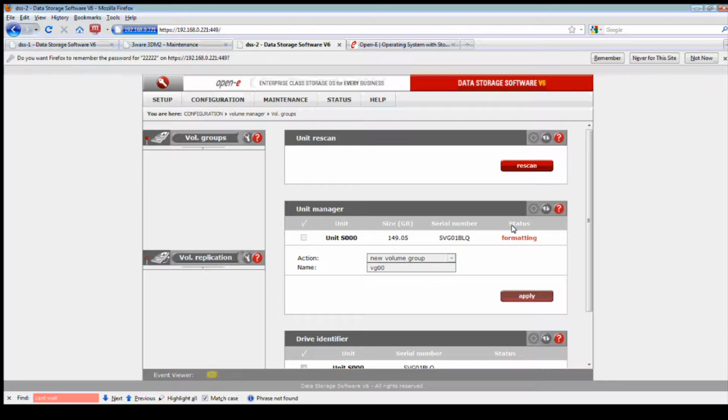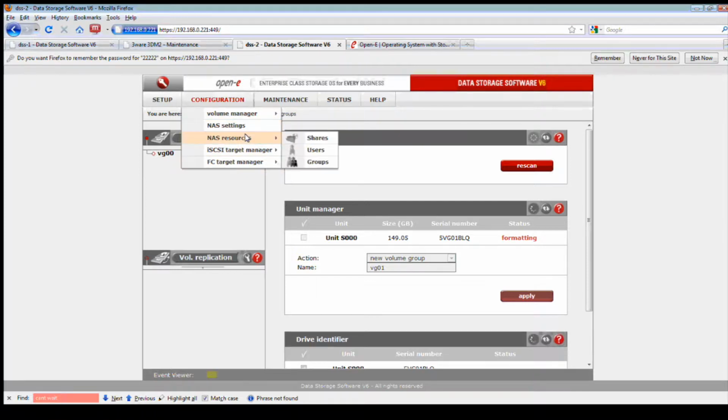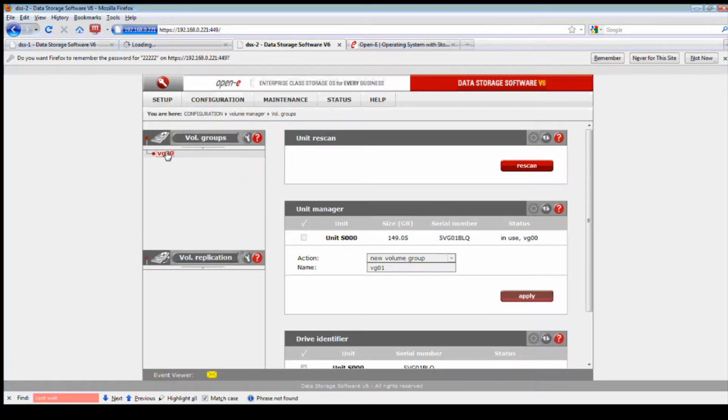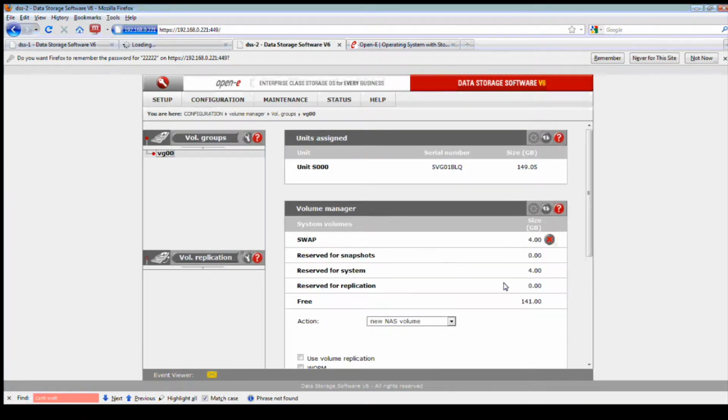save your settings. Because you've got to keep in mind that when you're saving, the settings are stored where you installed the DSS v6, whether it be a DOM, a RAID 1 mirror of 2 drives connected to a motherboard, the RAID array, or a SATA DOM. It won't store it on a CD-ROM for obvious reasons, but you will be able to save your settings on that location. For the configuration, anything that resides in the configuration of the volume manager, NAS settings, NAS resources, the target manager for iSCSI and for fiber channel,